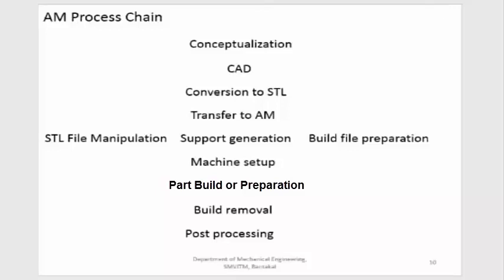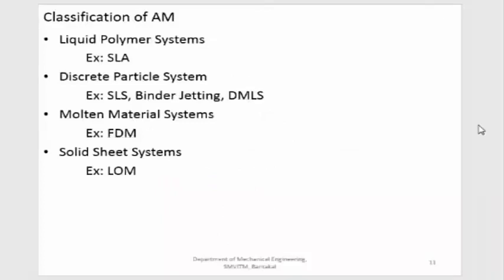That is another important question which will be repeatedly asked. Next one is the classification of additive manufacturing processes. There are different methods of classifying the additive manufacturing process. Whatever is given here is only one of them. There are classifications based on the kind of phase transformation that takes place, based on the type of material you are using, and the power source you are using. This is one of the simplest types of classification, based on the initial raw material condition.